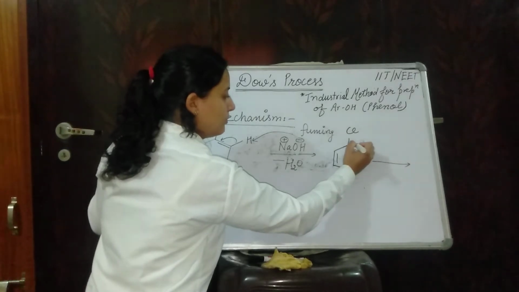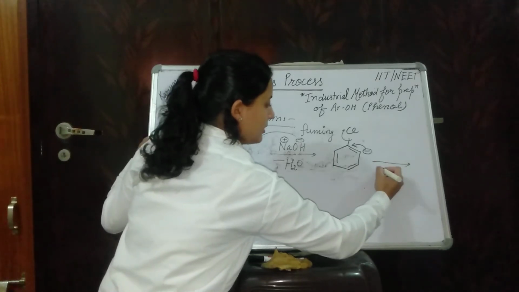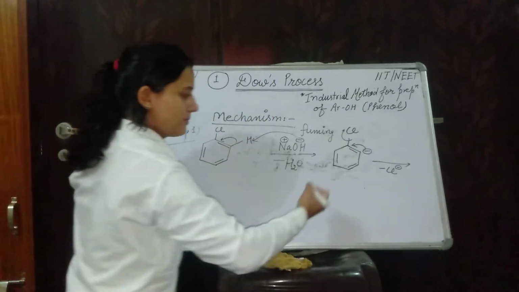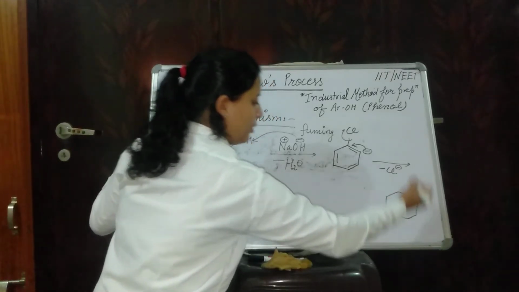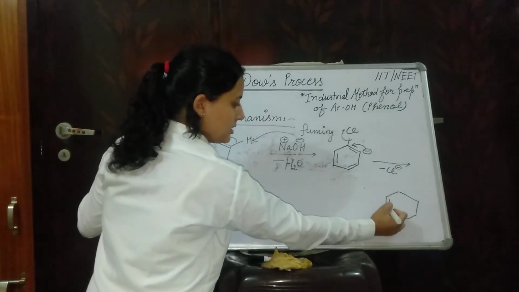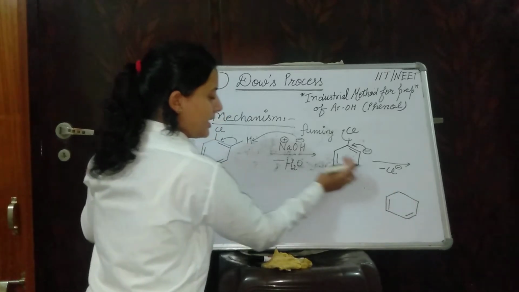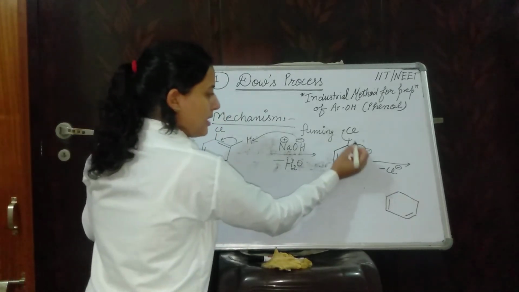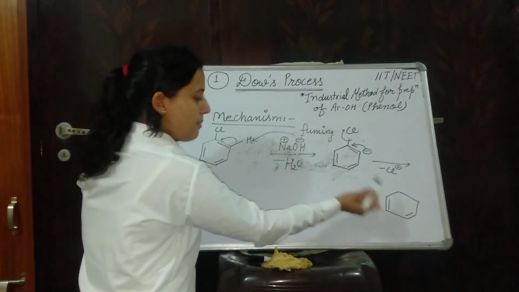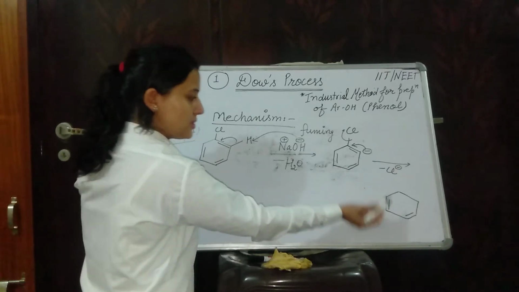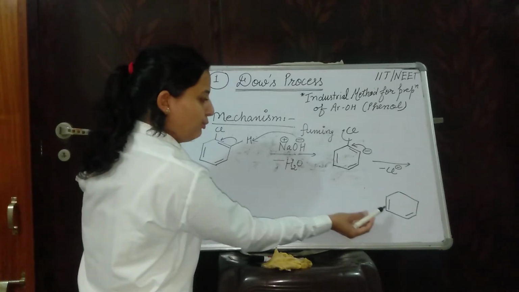Focus on this step, removal of Cl minus and generation of which type of molecule, that is this one. The same type of bonding is here, as no reaction takes place here. As Cl is leaving the system, this is a very important step, how benzyne is formed, because in this step our intermediate is forming. Focus on this step, check carefully.